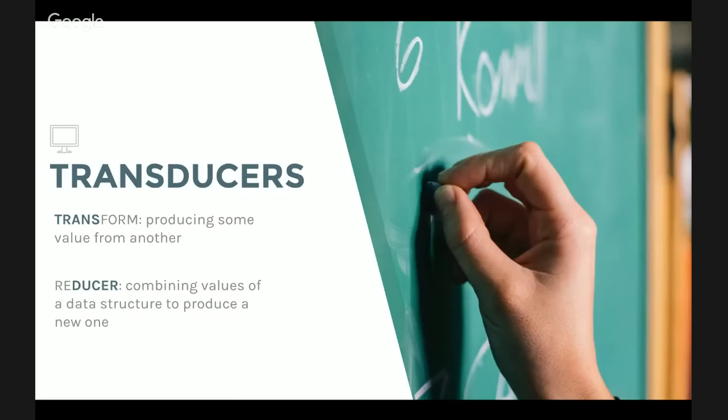Let's see what a transducer is. That is a very important concept. Transducer stands for transform and reducer. Transform is producing some value from a first one, the initial one, and the reducer is combining values of a data structure to produce a new one. So as you can see, inside the channel, you can use the transducer in order to apply some transformation of the data